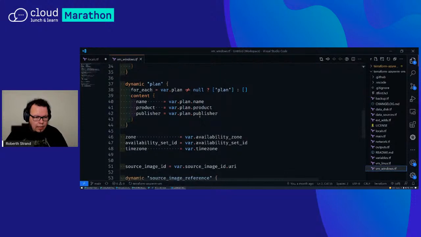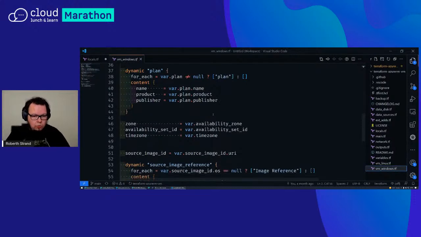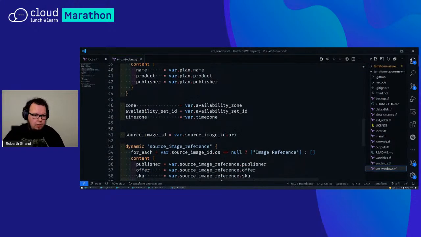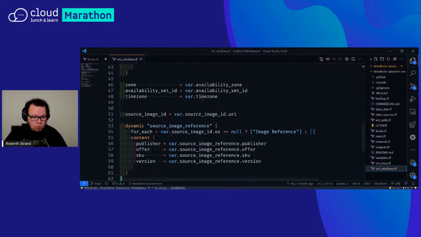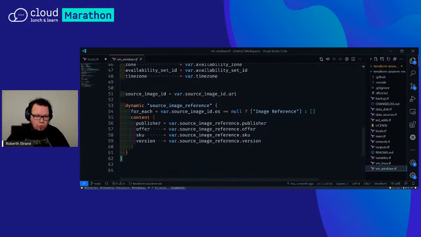And then we have the plan, which takes care of if you want to, for instance, have HashiCorp Vault or any other product that's in the marketplace, you can define the plan from the Azure Marketplace, and you'll have your virtual machine set up based on that. So you can even use Azure Marketplace things here, and there's zone and availabilities and time zones and stuff like that. And again, the source image one, this is null if nothing else,